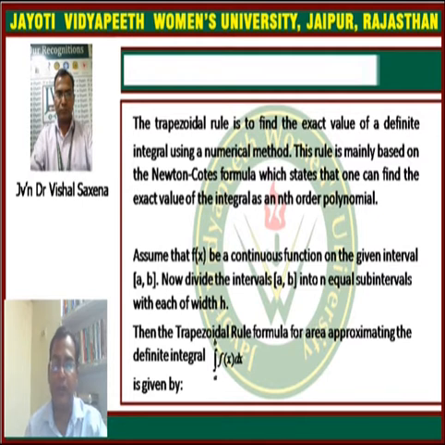Assume that f(x) is a continuous function on the given closed interval [a, b], and now divide the interval [a, b] into n equal subintervals. So we are dividing the total area, meaning the bounded portion between a and b, into n equal parts, and the width of each part is h. Then the trapezoidal rule formula for approximating the definite integral from a to b of f(x) dx is given by,